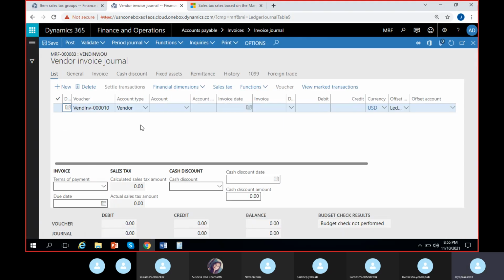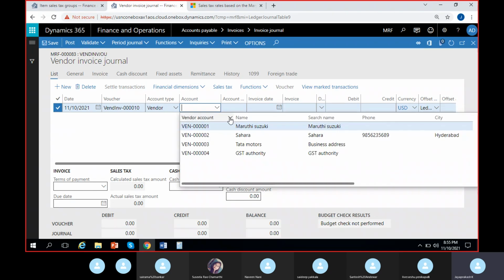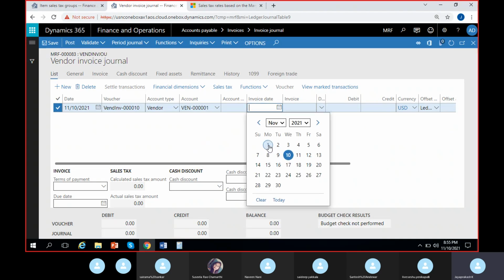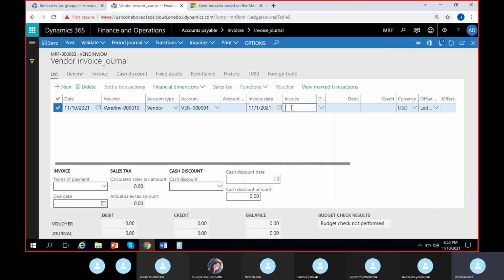Now select the vendor for whom you are going to do the invoice, the vendor account. So I'll select one of the existing vendors from the list. I'll select this one, Maruti Suzuki. Okay, you can give an invoice date. Like, I'll give the invoice date as 1st of November. You can give the invoice like